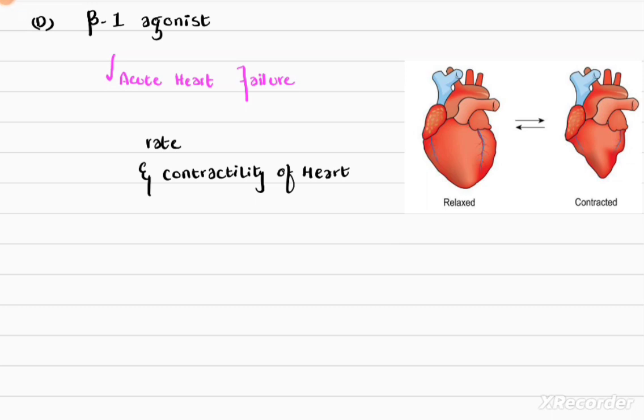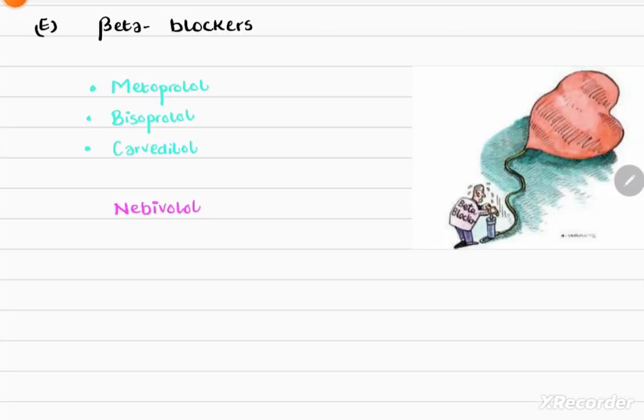So this is how we maintain the blood pressure in the body. So the next class is beta blockers. These are the drugs that are used in the setting of chronic heart failure, and in this setting we want to reduce the sympathetic outflow, which is basically a compensatory response of the body, but now it is very detrimental to the body. So we want to reduce the work of the heart, so we will give the beta